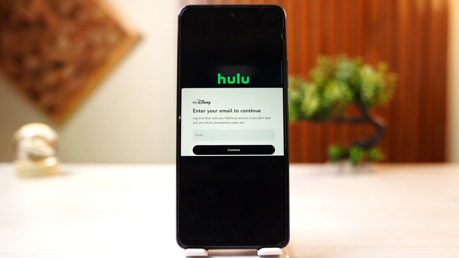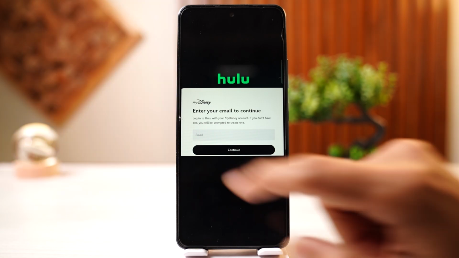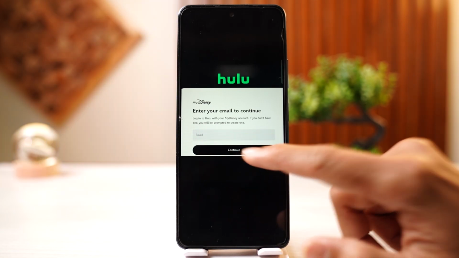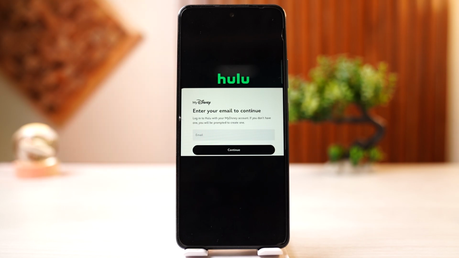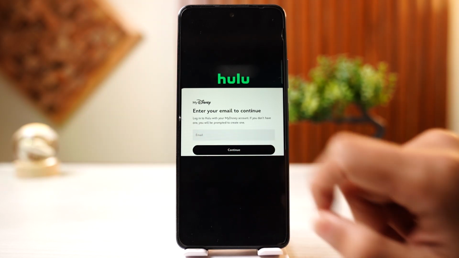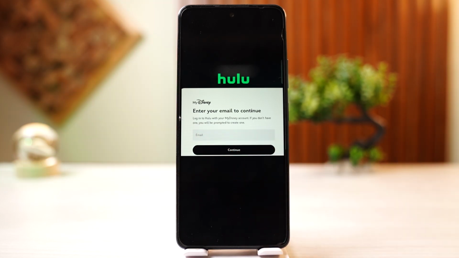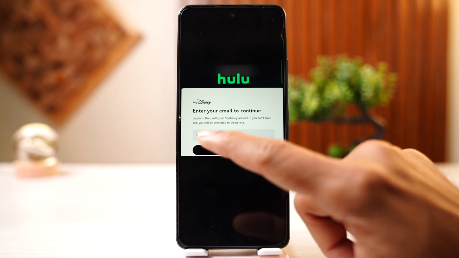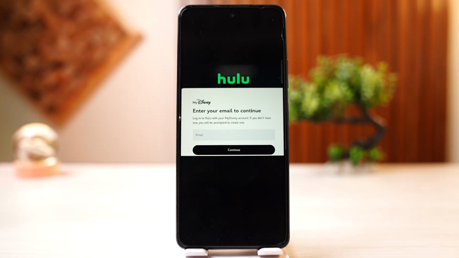However, if you are facing any problems here on the website, you can simply type your email over here and click on continue to log in into your account. And on the website, by typing your email over here and tapping on continue, you'll be able to log in